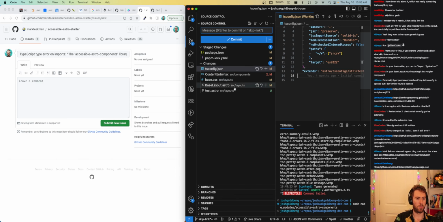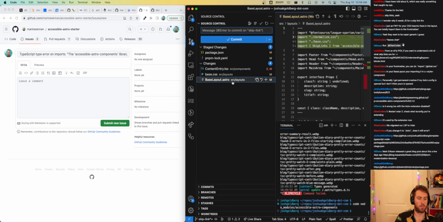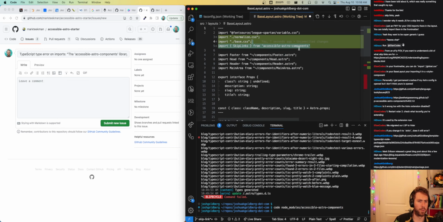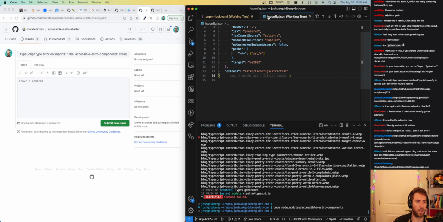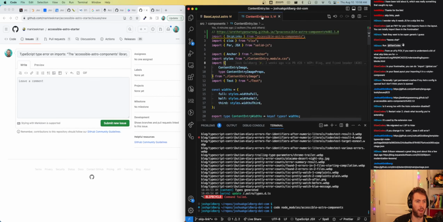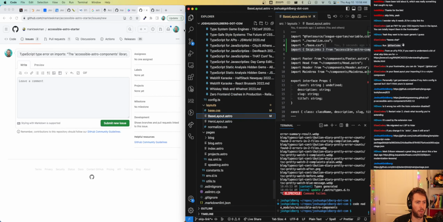I kind of want to copy, paste, and then get rid of the changes just to make a nice little commit. So I'm going to do that.